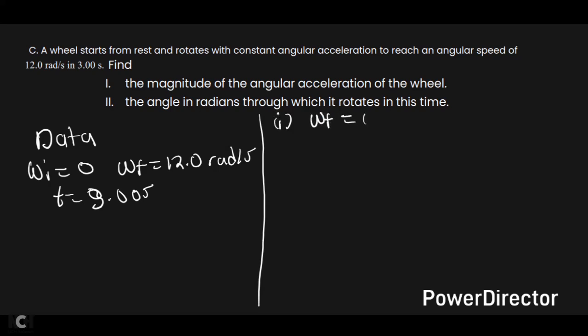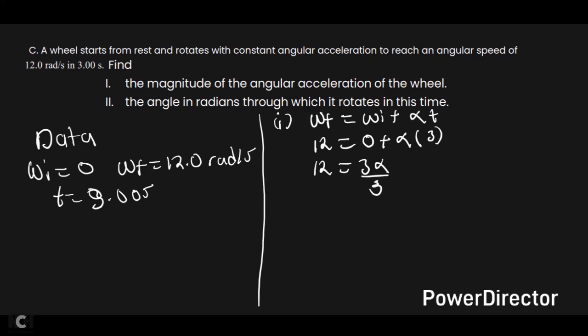Omega final is equal to omega initial plus alpha times t. So what's the final here? This is 2, so it's 12. Remember, the initial is 0. We're looking for the angular acceleration. And what's the time? It's 3. So if you have that, meaning here to be 12 and the 3 here, alpha,